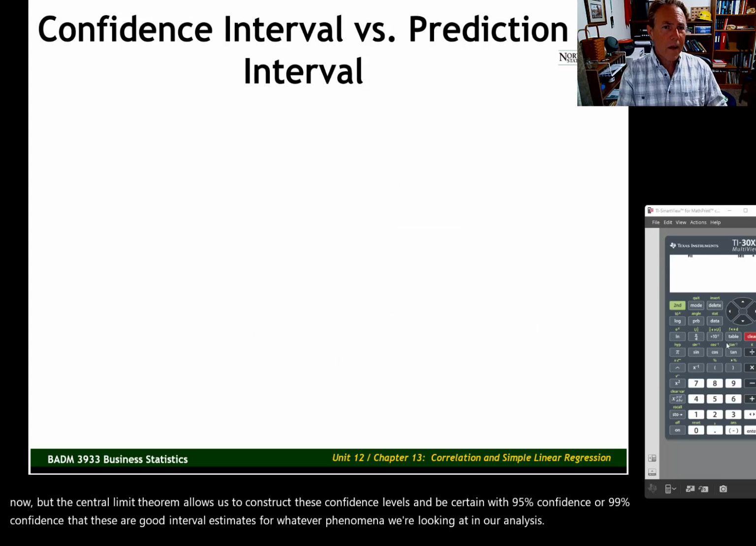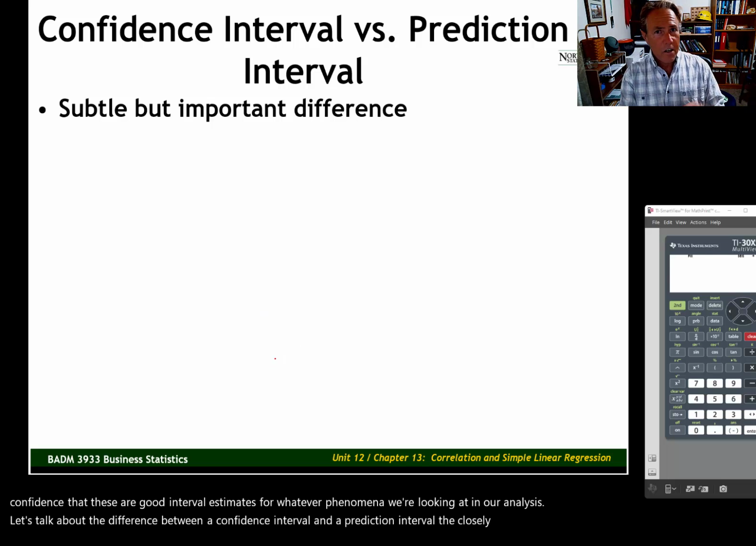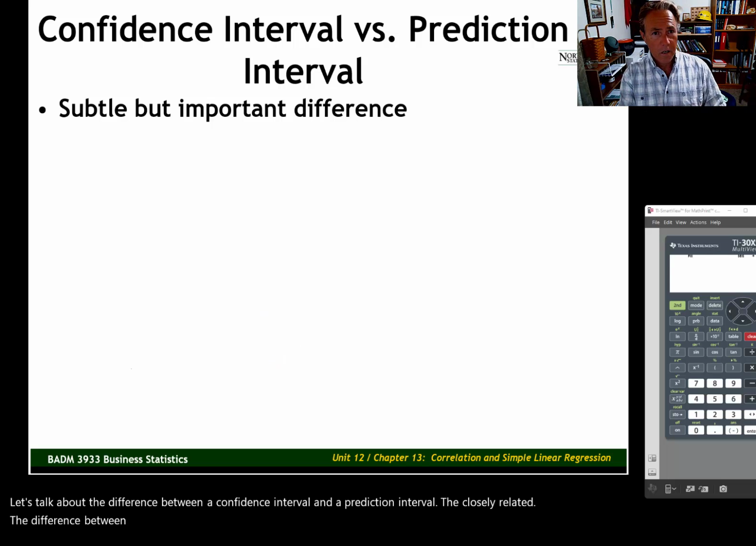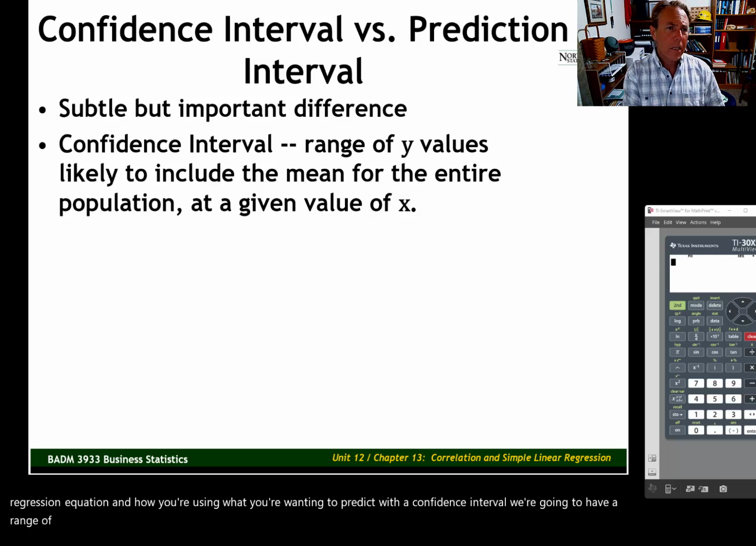But let's talk about the difference between a confidence interval and a prediction interval. They're closely related. The difference between the two is very subtle, but it is an important difference. And it really goes to how you're using the regression equation and how you're using what you're wanting to predict. With a confidence interval, we're going to have a range of values likely to include the mean for the entire population at a given value of